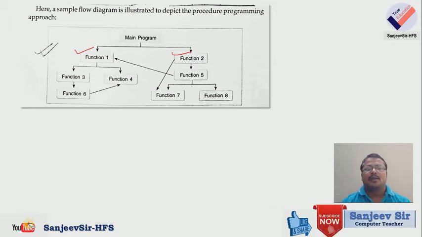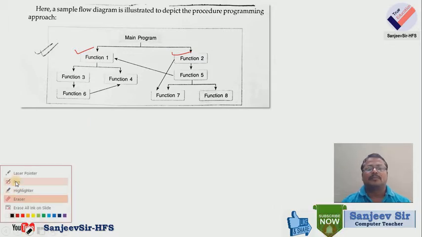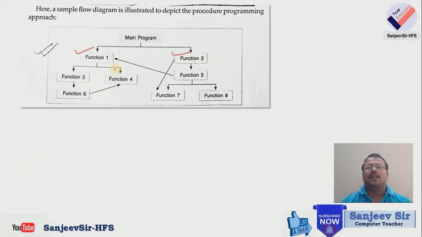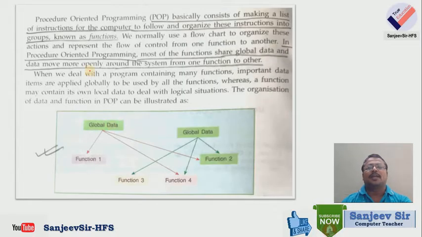Okay. Now, all tasks perform through different functions, different operations. So we need to perform only task oriented work. That means we can say in such a way, task oriented. That means we have to perform only the task. Okay, you see here what is given in the book about procedure oriented.